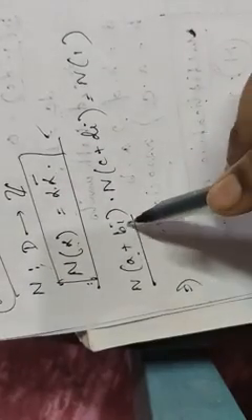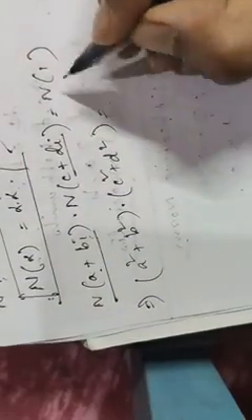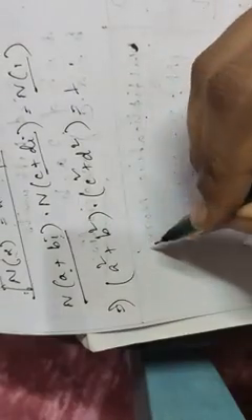So what will be this value? Just applying this rule, N of alpha equals alpha into alpha bar, it will be a plus bi into a minus bi, that is ultimately a square plus b square, into this. From this one what will you get? c square plus d square. This should be equal to N of 1, which is 1 into 1 bar, which is again 1. So this equals 1. Now what happened from there? What is the only possibility for a and b? The only possibility is that a square plus b square should be equal to 1,